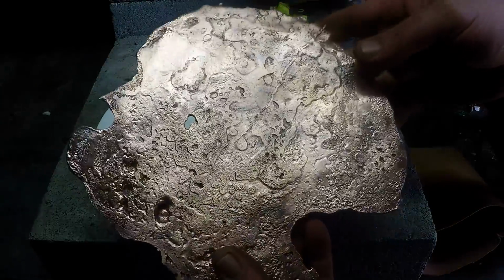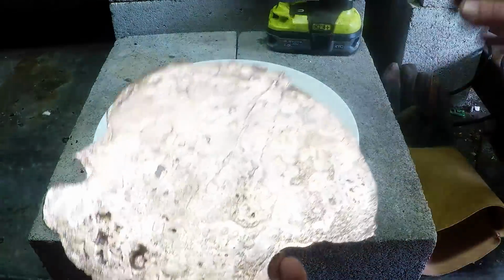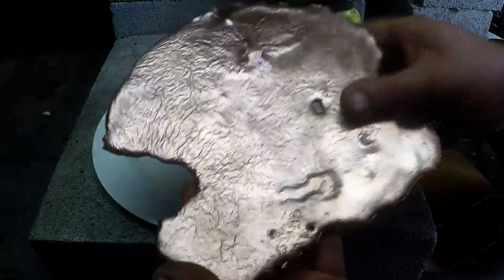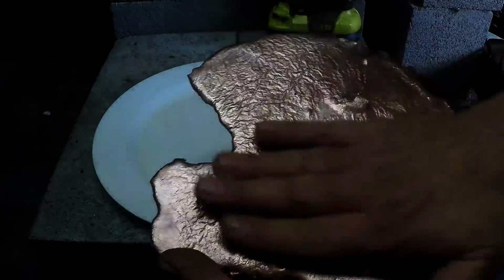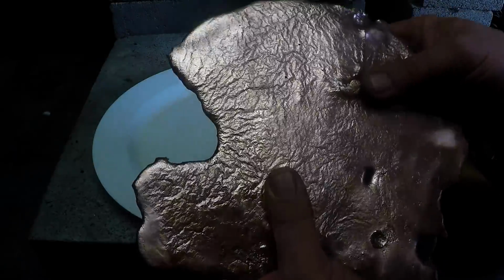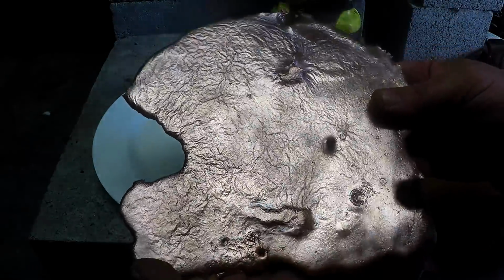All we used is scrap wire, you know, just regular copper wire, so just something different. But yeah, I'd like to sort of improve my technique here and see if I can get some really nice smooth plates and maybe be able to do some engraving on it. But there you go,